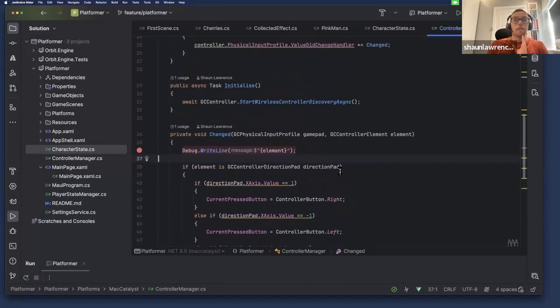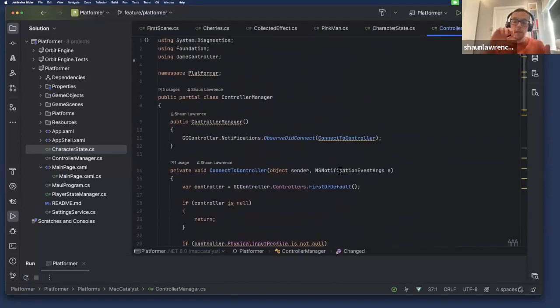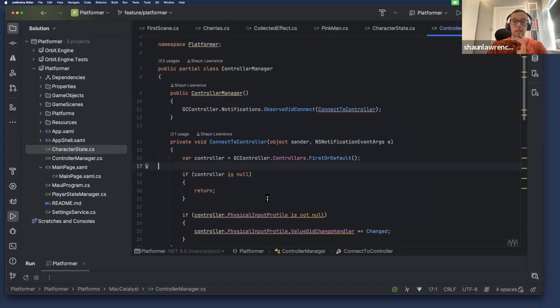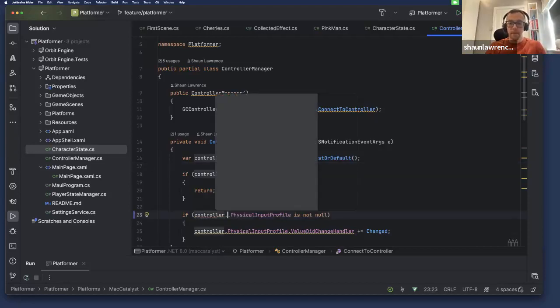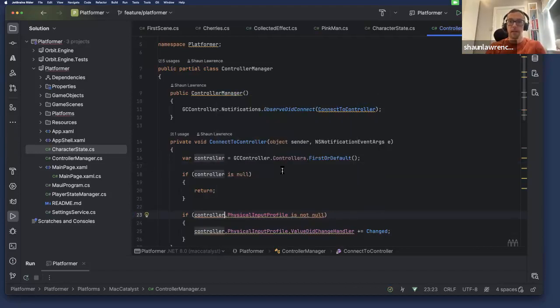The other thing to point out is that with the Apple framework, they have the ability that if you don't have a controller connected, you can opt in for it to display a virtual controller for you. I forget exactly where it is. It's in the documentation somewhere. So yes, you can opt in to have a virtual controller displayed on the screen, so you don't necessarily even have to worry about rendering that yourself.